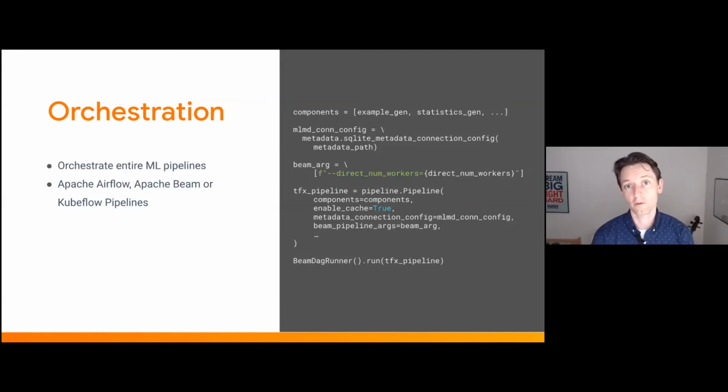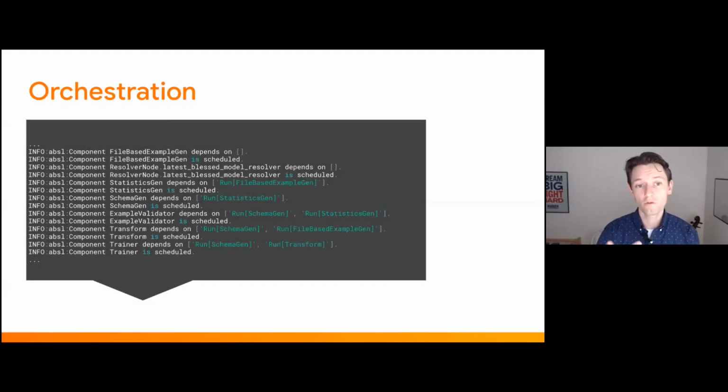the instructions for Apache Beam or Airflow, or in the case of Kubeflow Pipelines, it generates the Argo instructions, which we can then upload or push to our Kubeflow Pipelines environments. And there we can then execute them. So here's an example for Apache Beam. It determined all the different dependencies of the components, and then it starts executing from the first to the last component. And if everything runs smoothly, we'll hopefully have an exportable model at the end of the day.